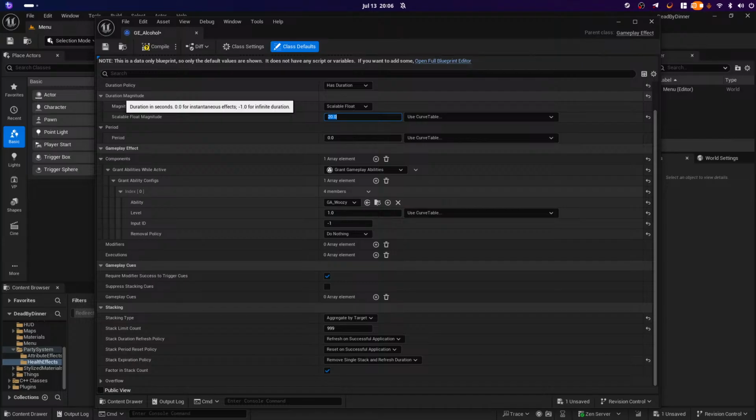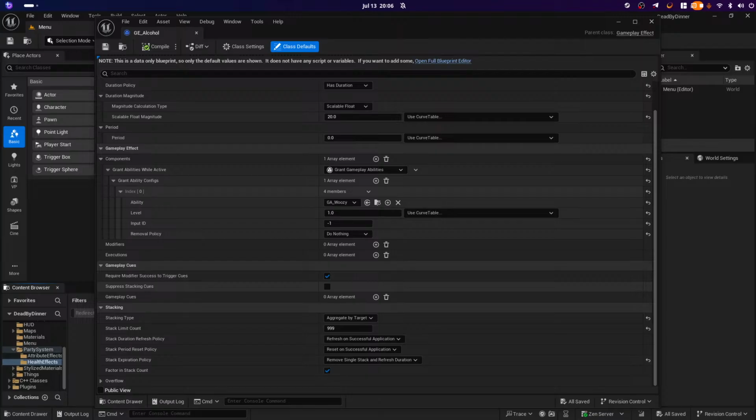Last one for infinite duration. I don't want infinite duration. I want 20. Good. I hope that's seconds. We can find out by drinking something. For testing, let's call it 1 second. Let's call it 3 seconds for testing. And then with these settings,